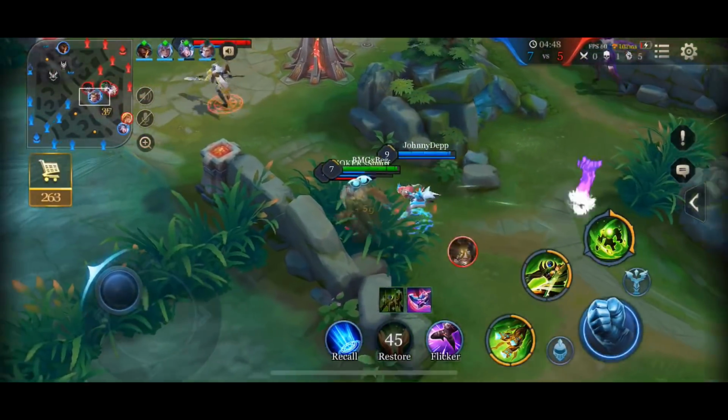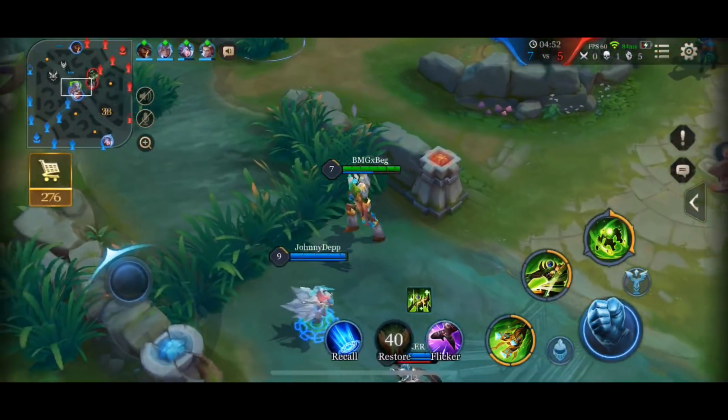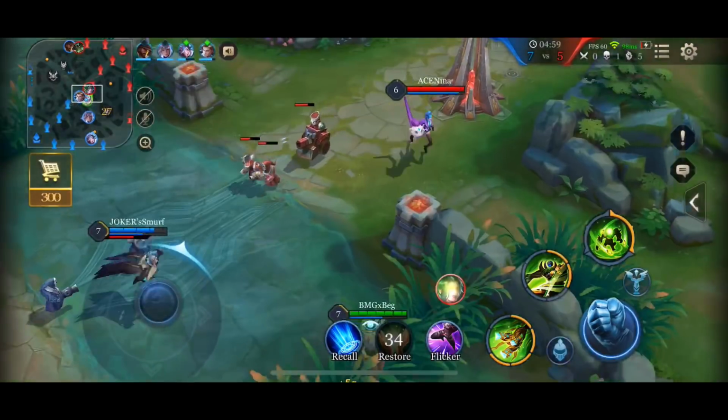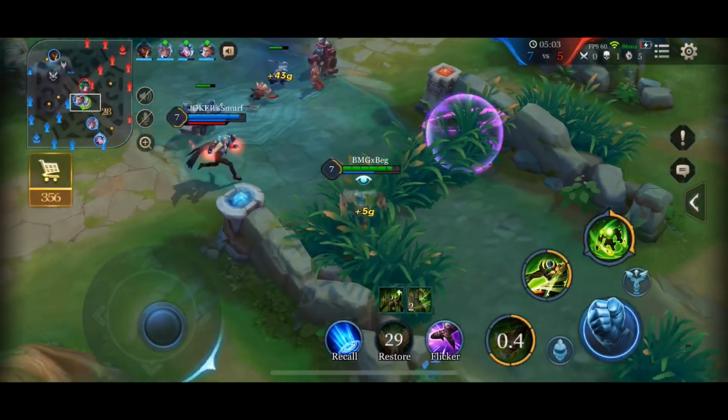We do get the blue buff, which is great. I still have my ultimate and my flicker and all my abilities just in case they do want to engage. I can heal for my ADC as much as possible. We're just clearing mid here, and I think we're going to rotate towards bot side because Arm's mid, and that